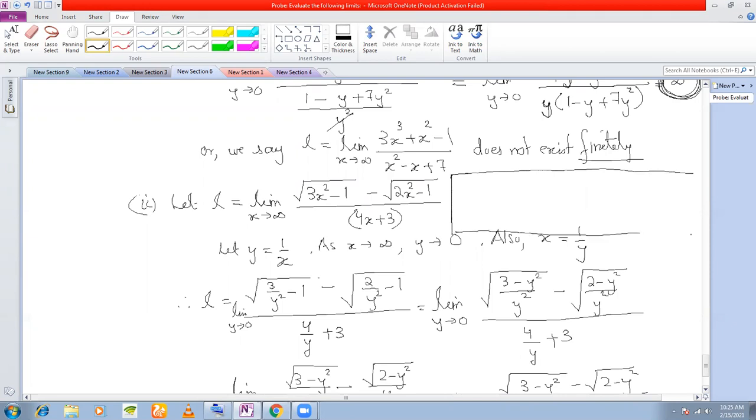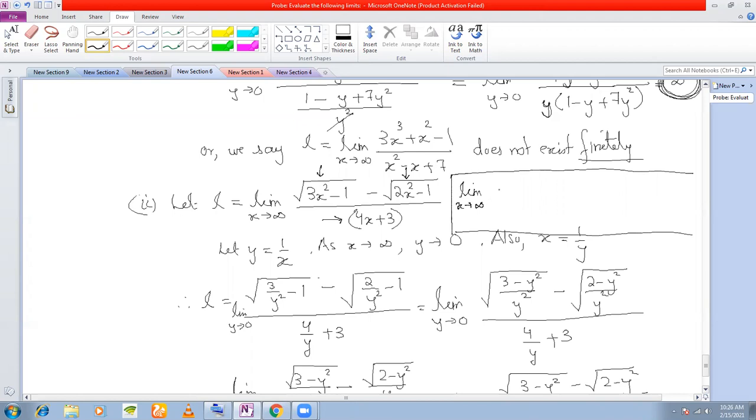What you see here is, what is the degree of x here? x square, and you have it under a radical sign. That means the degree here becomes x. So throughout, the degree of x here is 1. You agree with this? Because x square is under a radical, so the degree of x is 1. Yes, sir. And here also in the denominator you have degree 1. Right? So what you do is you can divide the numerator and denominator by x directly.